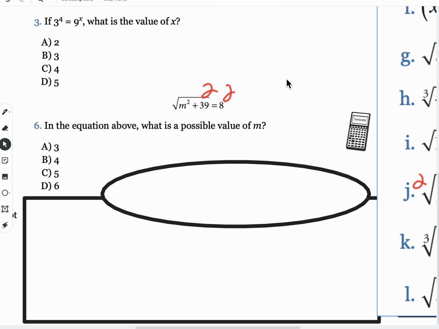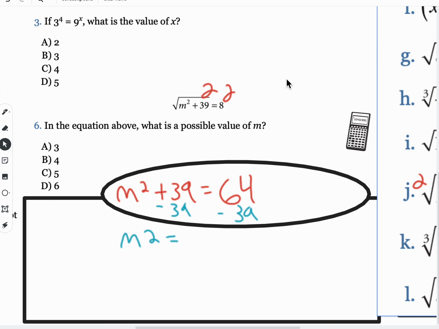This will leave us with m squared plus 39 equals 64. Now we can subtract 39 from both sides of the equation. This will leave us with m squared